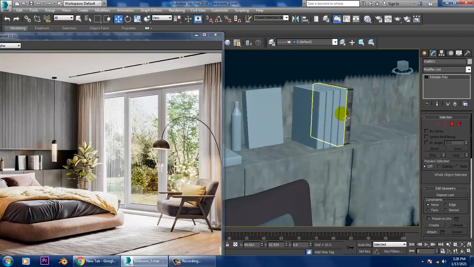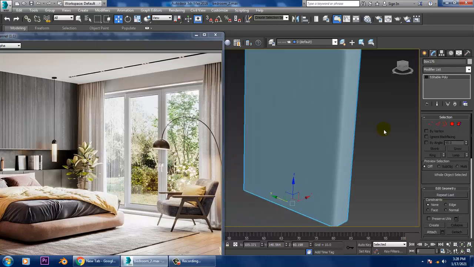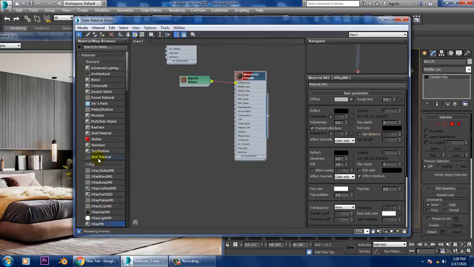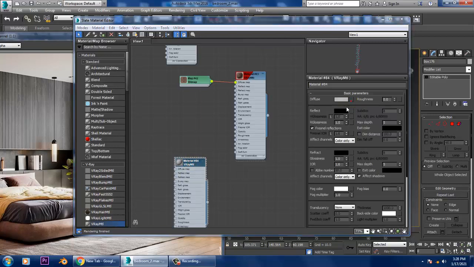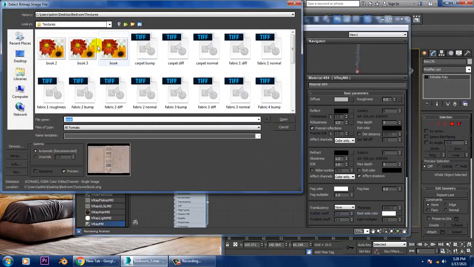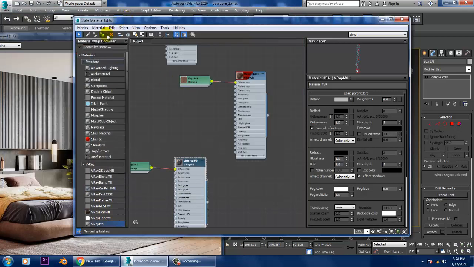So let's select this, Alt Q, let's go into material. Again let's take another V-Ray material. For the book we are doing this, assign this.